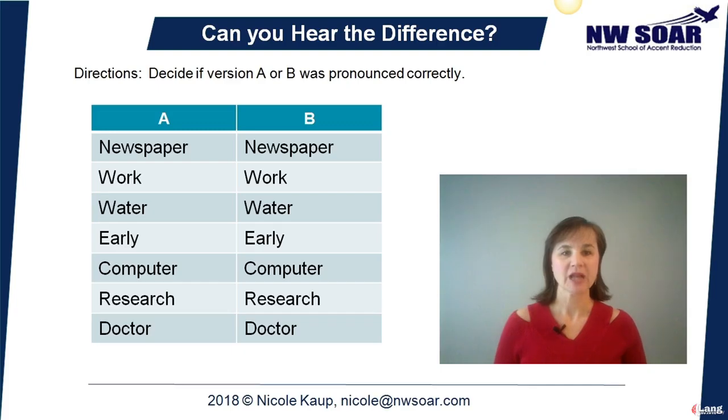First, I want to test your ear to see if you can hear the sound correctly. First, I want you to locate this chart in your workbook so you can write on it. So what I'm going to do is I'm going to pronounce each word in two ways. I'm going to pronounce it once for you correctly, and I'm going to pronounce it once incorrectly. Now I want you to circle the one that you hear pronounced correctly. Do you hear the one in column A or B correctly? Let's get started. The first one,